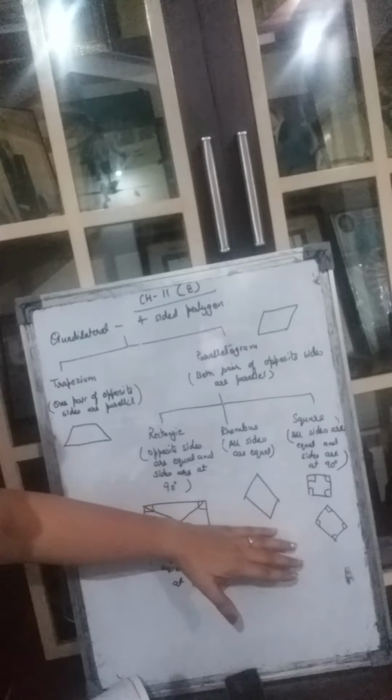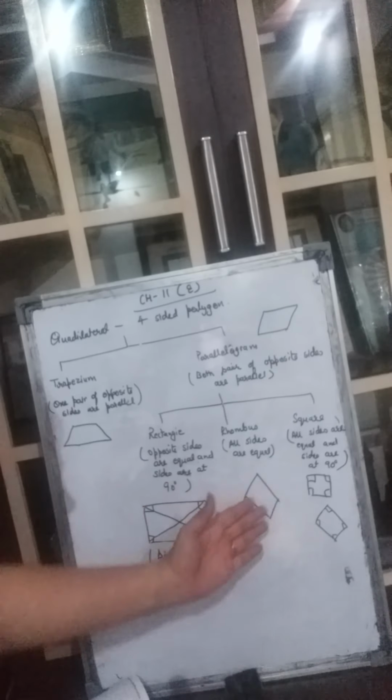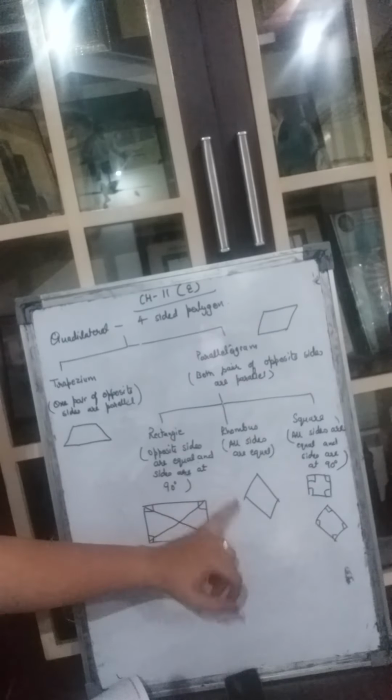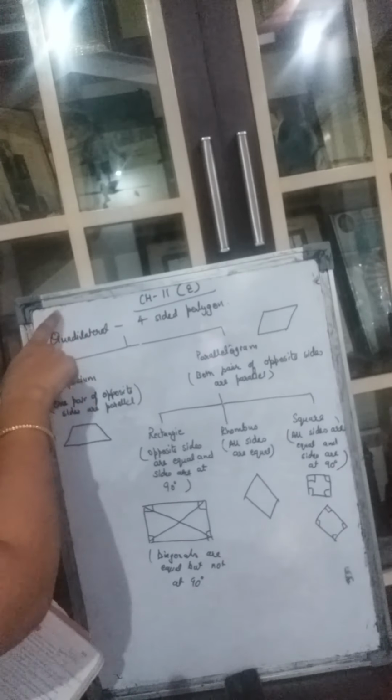A rhombus is a square. What are they saying? Rhombus is a square. Is it possible that a rhombus can be a square? Rhombus can be a square only if they meet at 90 degree. So you will write sometimes. Whenever it meets at 90 degree, then it becomes a square. Otherwise, it will never be called a square. Now, a trapezium is a quadrilateral. Trapezium is a quadrilateral. Yes, it is always.